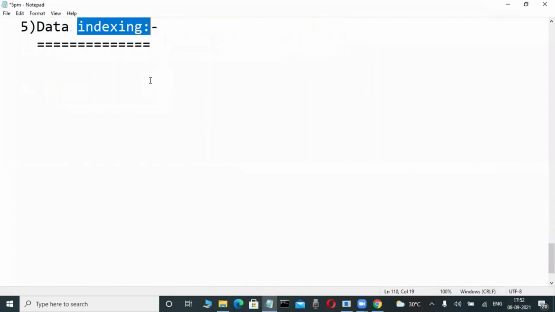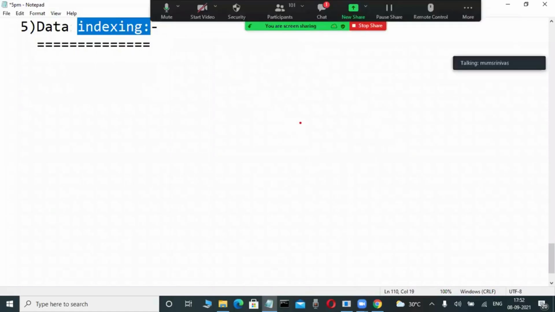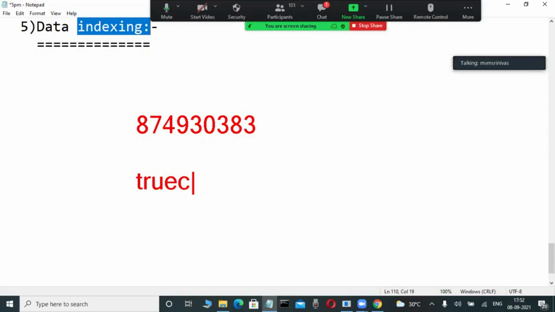But why is it important? For example, nowadays everyone has a mobile. If anybody gives a missed call, you can easily identify who is giving the missed call. How can I identify it? There is an app, Truecaller. Why do you say Truecaller? Many other apps are also available, but Truecaller is the fastest way